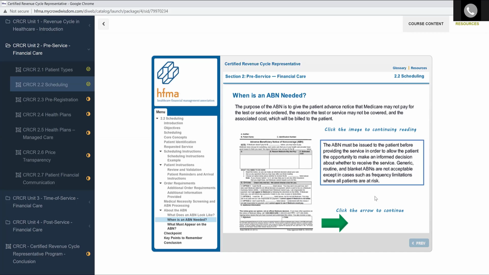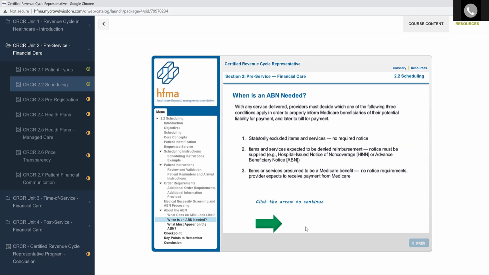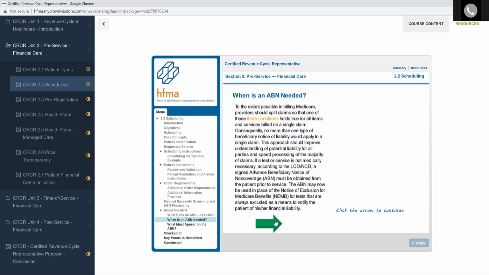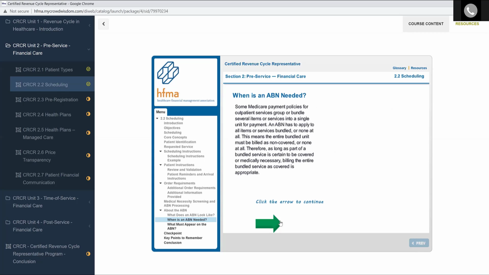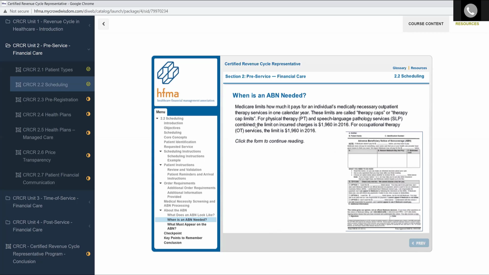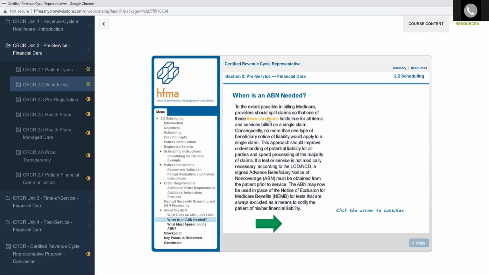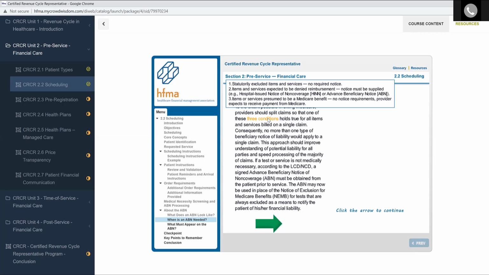So when is an ABN needed? With any service delivered, providers must decide which one of the following 3 conditions apply in order really to properly inform Medicare beneficiaries. So excluded items and services, there's no required notice. Items and services expected to be denied reimbursement, notice must be supplied. And then items or services presumed to be a Medicare benefit, no notice requirements, provider expects to receive payment from